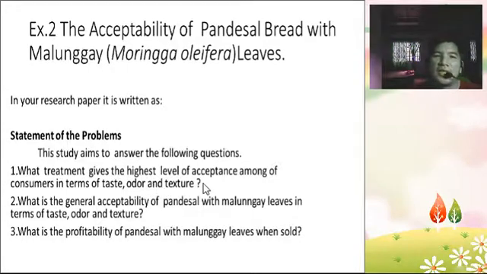So dito nag-bake siya ng pandesal na mayroong malunggay. Then pinatakim niya sa mga mamimili or consumers. Then nirate or binigyan ng grade ng mga consumers ang taste niya. Ano ba ang lasa niya? From 1 to 10. 10 ba? 5, 4, or fair lang? Yung odor, yung amoy niya, yung texture niya, ito ba ay smooth ba siya or rough ang pagkakaluto ng malunggay